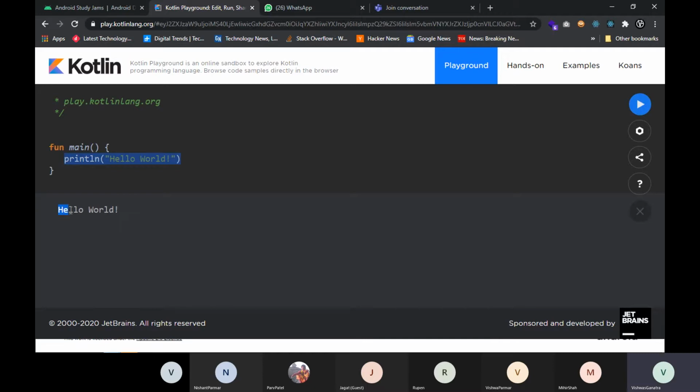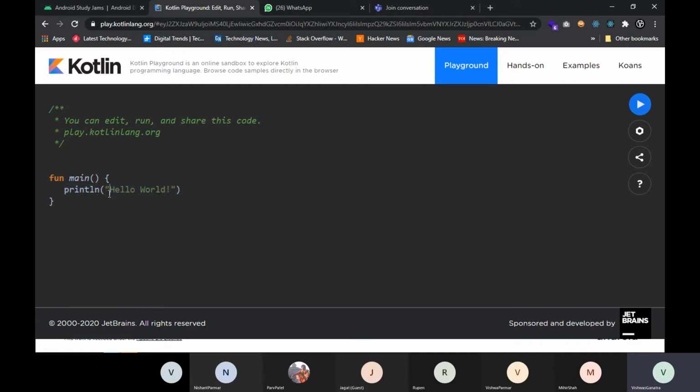Here you can see the output of the following function is hello world. So basically any program written in Kotlin, or any other language, will be executing on the main thread. If we want to know on which thread this particular function is executing, we'll print out the thread name, so we can find out whether it is executing on the main thread or not. So I will put some information in this println statement.